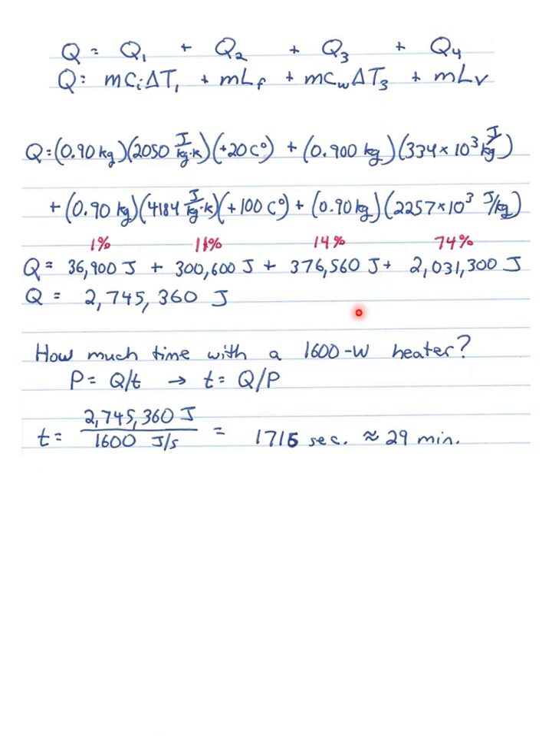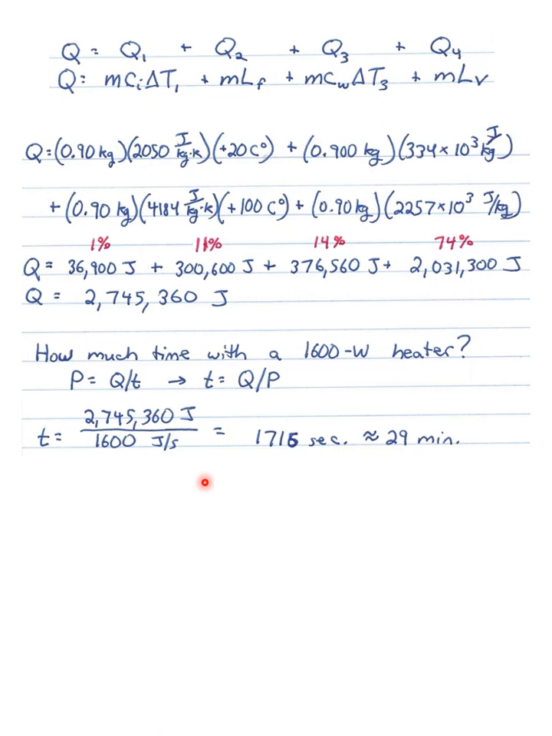So we add all those up and we get a total of 2,745,000 joules. And then I want to know, what if we have a constant power, a constant heat source, a 1600 watt heater? How much time is this going to take? So if power equals Q over T, then T is Q over P, or heat over power. So we take the amount of heat, 2.7 million joules, divide by 1600 watts, or joules per second, and we get